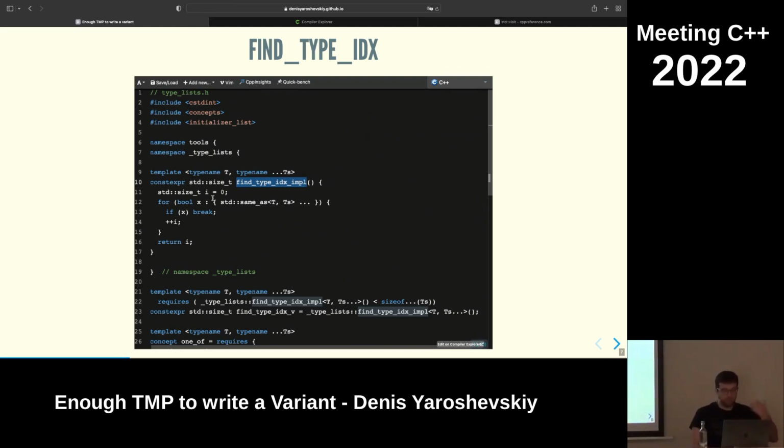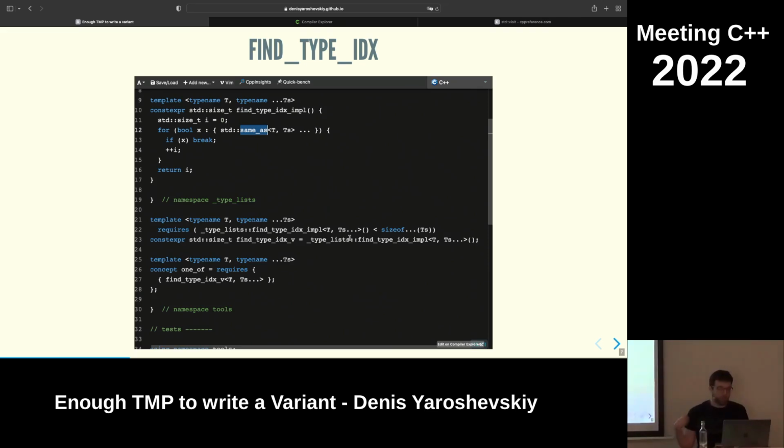The internal function is a very simple constexpr function. This is just an implementation of find. I go through all of the types and I check, oh, is this true or not, and return the index where it's true. The interesting part is here, for every type in a list, we call std::same_as and compute basically a Boolean value if it's the same as the type or not. Yeah, you can use std::ranges::find, that's also fine.